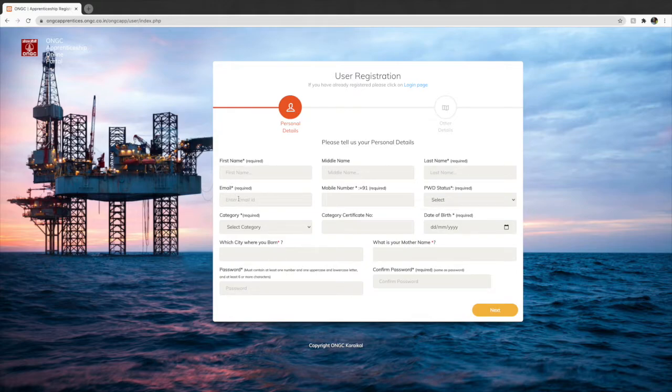Enter your valid email ID and mobile number. PWD status if applicable. Select the category you belong to. If you are general, the category certificate number not needed. Other than general, please enter the certificate number. Please select the date of birth.